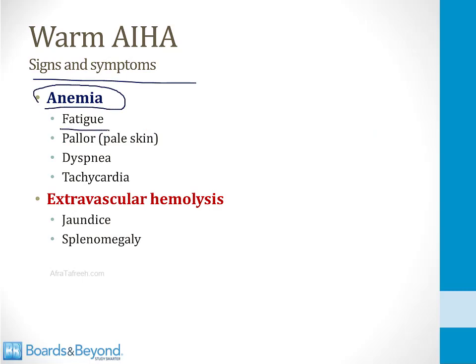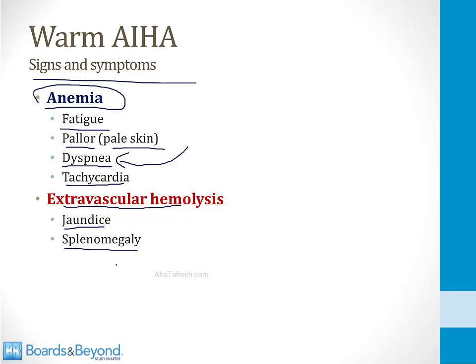The signs and symptoms of this condition are the classic signs and symptoms of anemia. So this includes fatigue. Patients can develop pale skin or pallor. They can develop dyspnea. When you are anemic, you cannot deliver enough oxygen to your tissues, so you develop dyspnea. In addition, you can develop a tachycardia, particularly at rest. That's because not enough oxygen is getting to the tissues, so the body is responding by increasing the heart rate. In addition, in warm hemolytic anemia, patients develop extravascular hemolysis. That's because the antibody-coated red blood cells are removed by macrophages in the spleen. So this leads to jaundice from the increased bilirubin levels. In addition, patients can develop splenomegaly as those macrophages in the spleen hypertrophy,